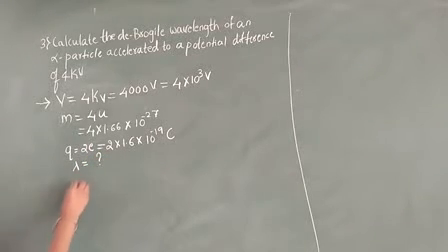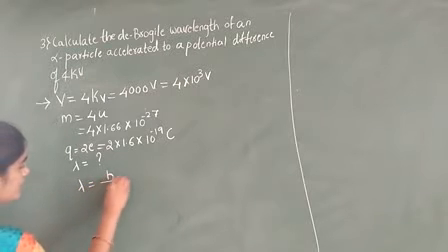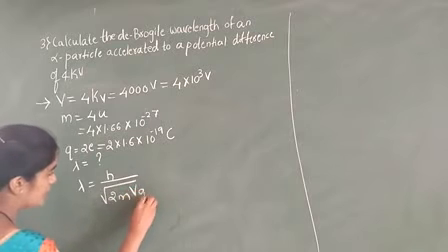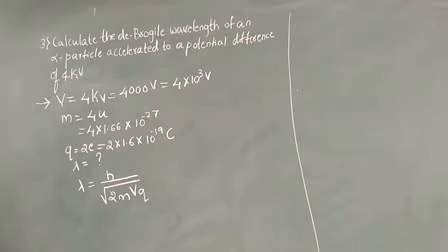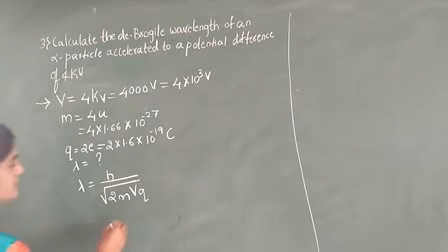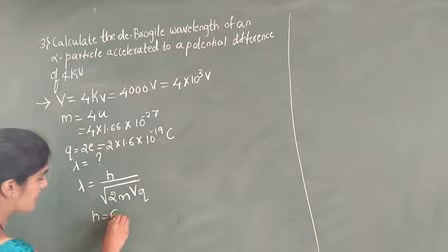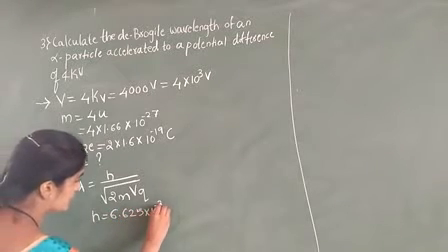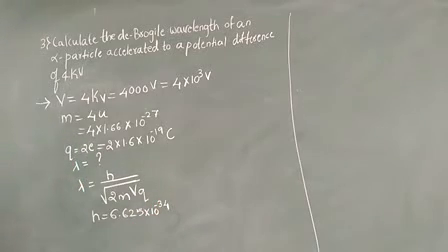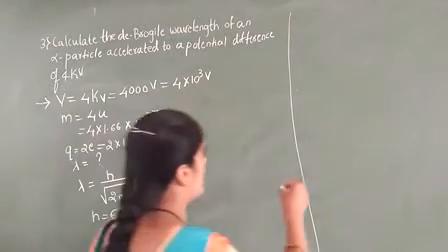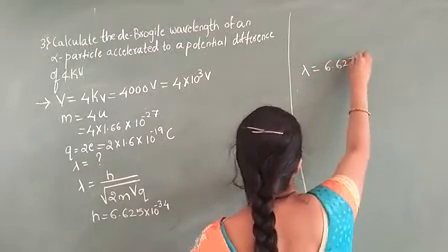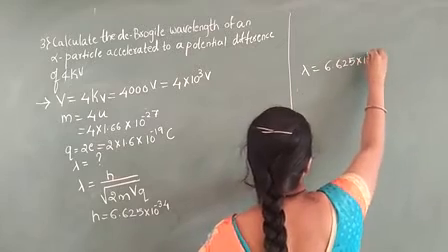Therefore, the formula lambda is equal to h divided by root of 2mVQ. We know that h is equal to 6.625 into 10 raised to minus 34. Now put all the values, we can find the value of the lambda. Lambda is equal to 6.625 into 10 raised to minus 34